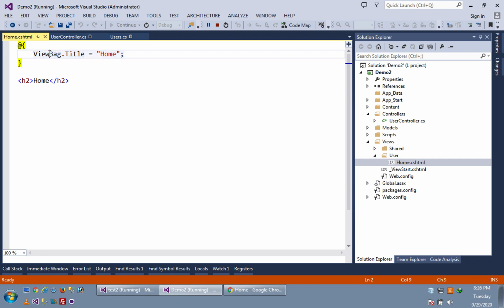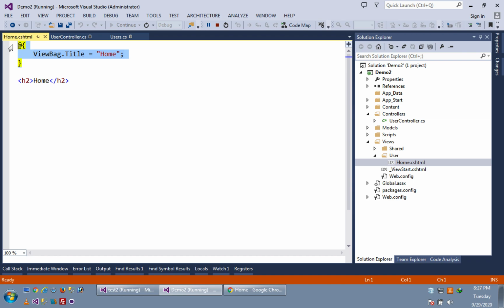Why? Because this viewbag is available in C#, not in HTML or JavaScript. It is part of C#.NET. So you have to write this @ and curly braces symbol. One more thing: for C#.NET code, you have to put a semicolon at the end of each and every statement in Razor.